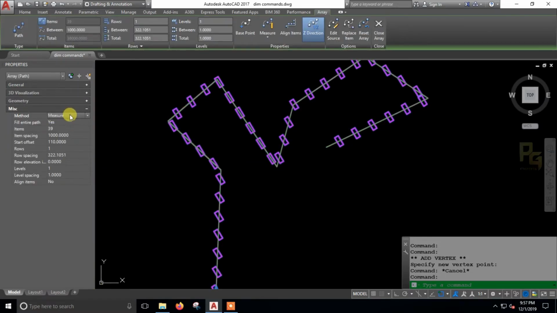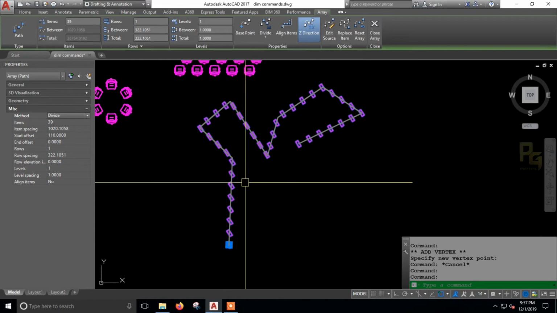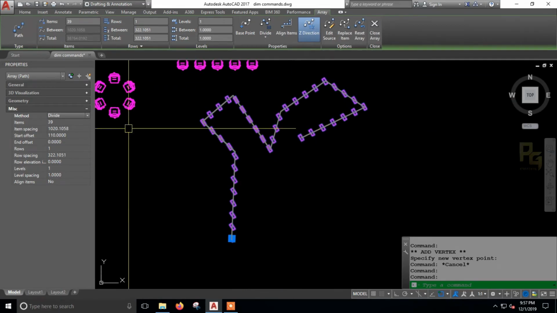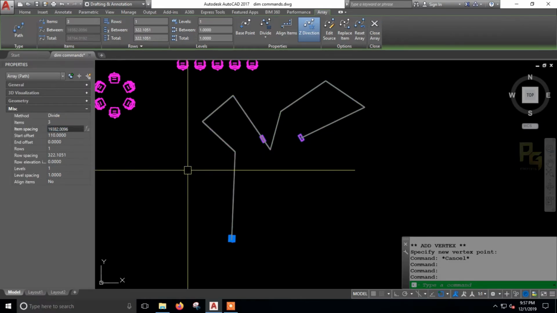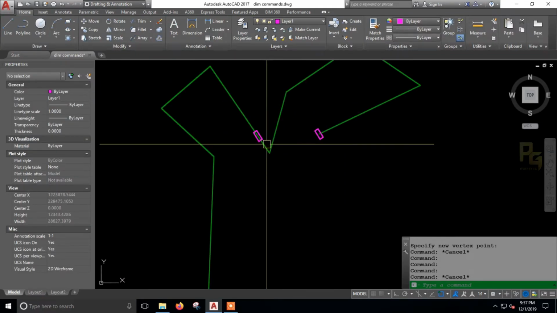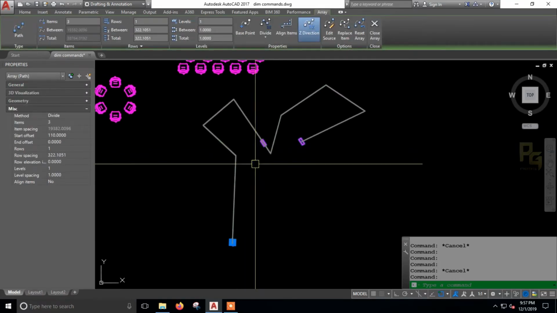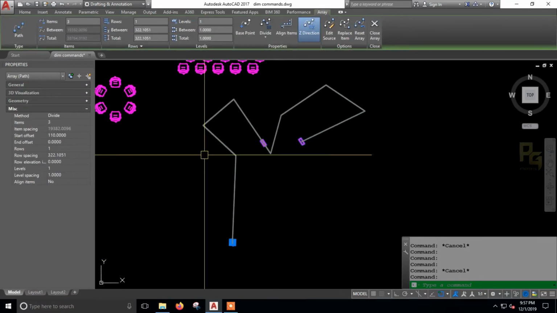The next option over here is divide. This one divides the array elements at equal distance. For example, if I give 3, the entire path is divided into 3 with 3 array elements.